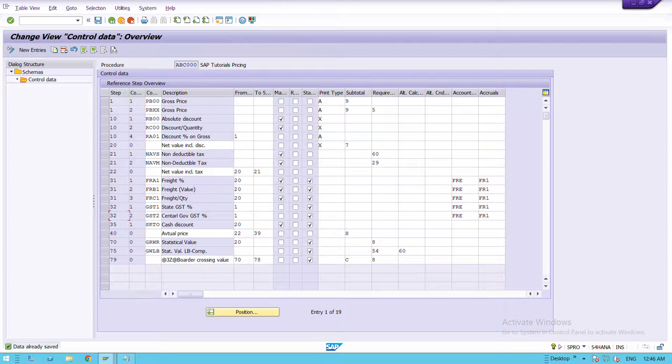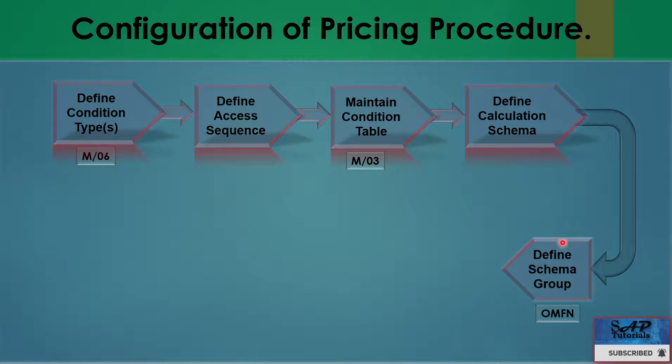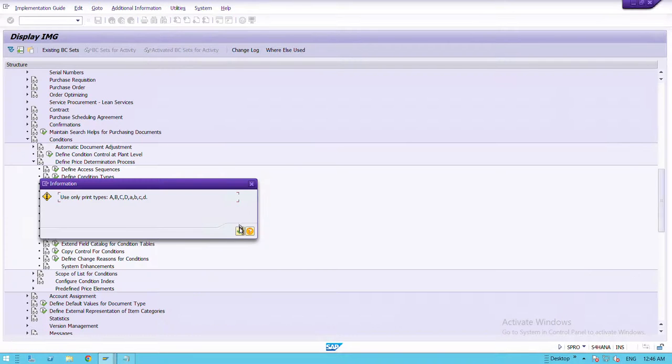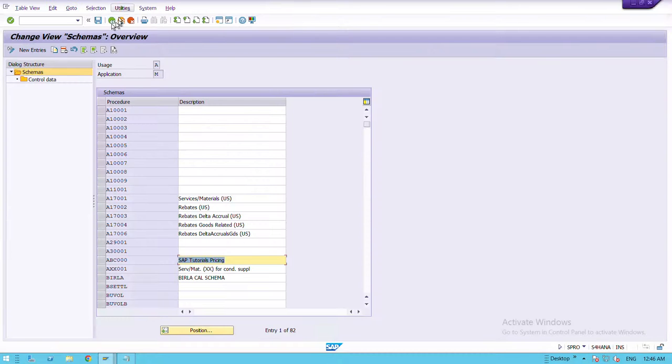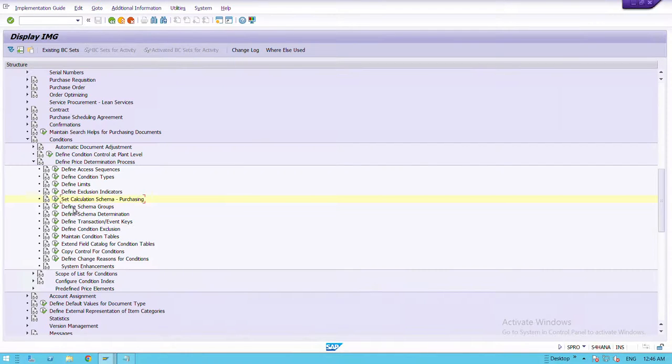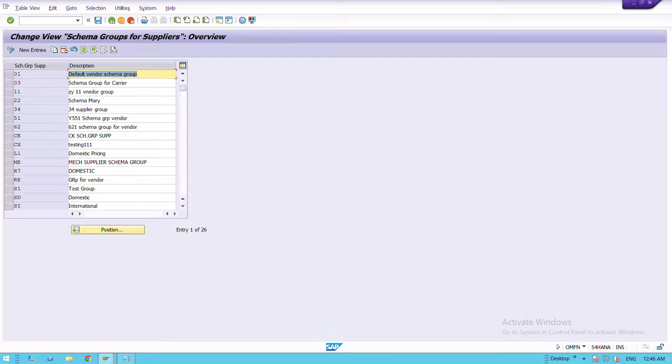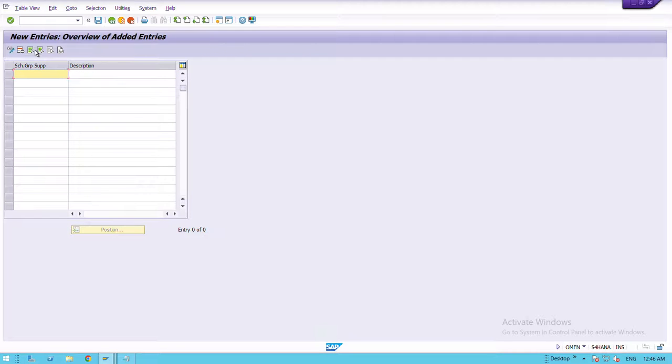Then next we will define schema group. So next setting, go back. Yeah, so here we have define schema group. Go into that. Then define schema group for suppliers. So let's see what letter we have here. 02 is not there, so I will use 02, 02 SAP